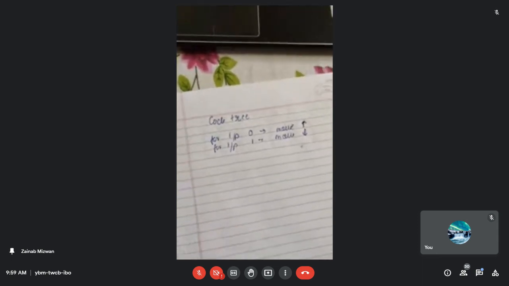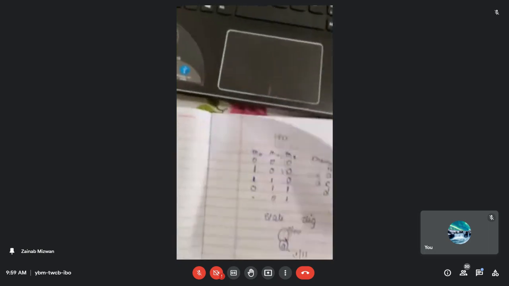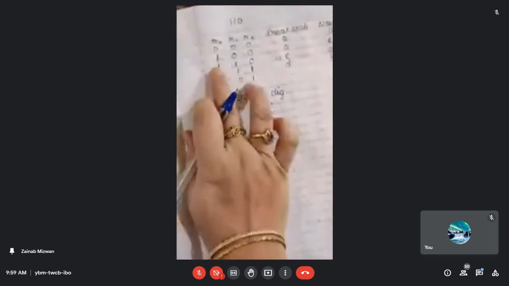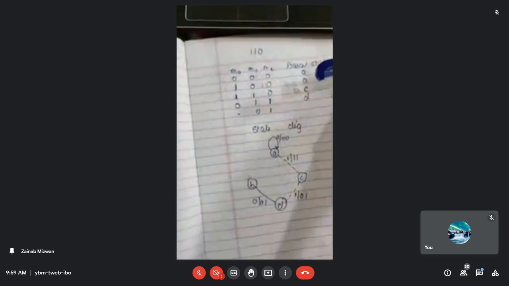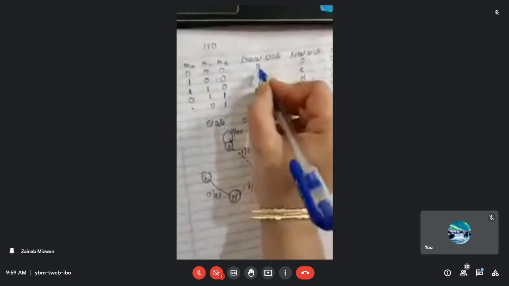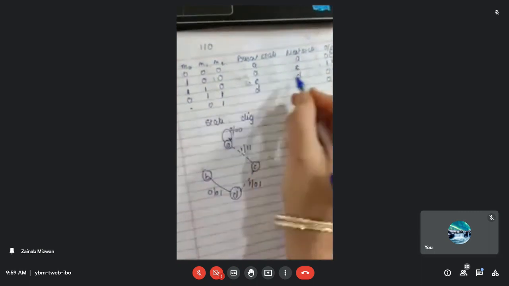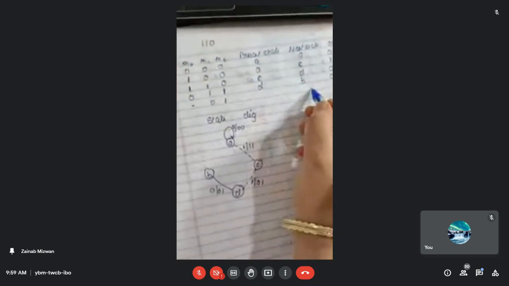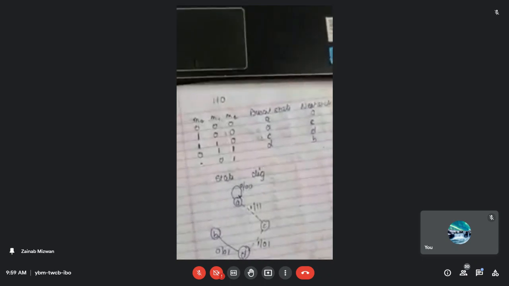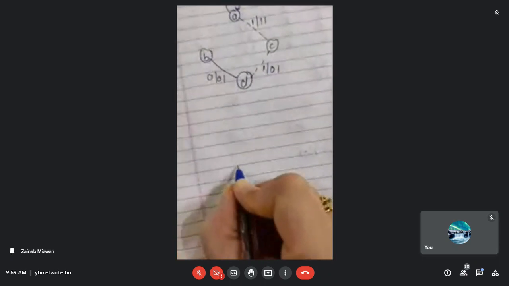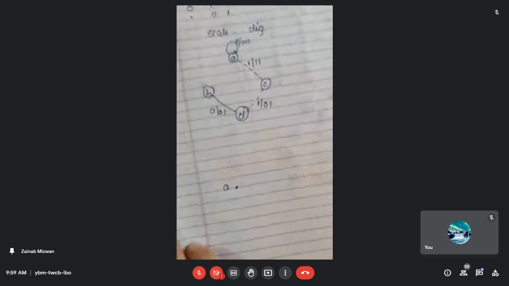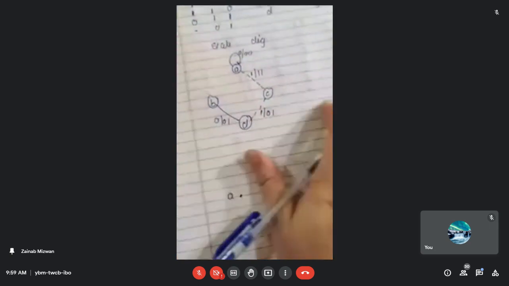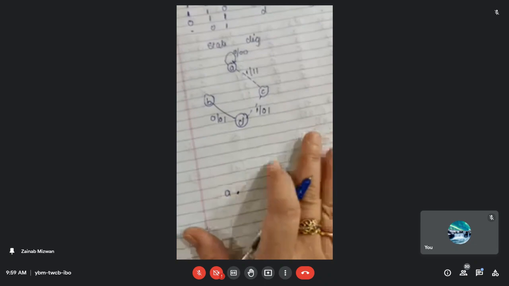First of all, when we made the first state diagram, we started with the first numerical with only 3 inputs, 1 1 0. So we have drawn for the 1 1 0. Again we have seen state A to C, C to D, and then D to B over here. So first of all, I will start over here. I'm just saying this is the state A. Here you do not have to mention anything yet.